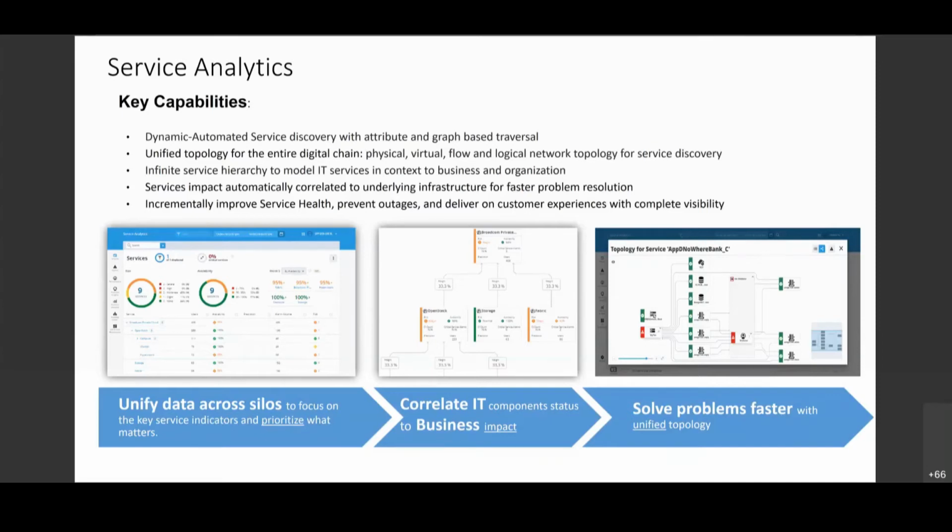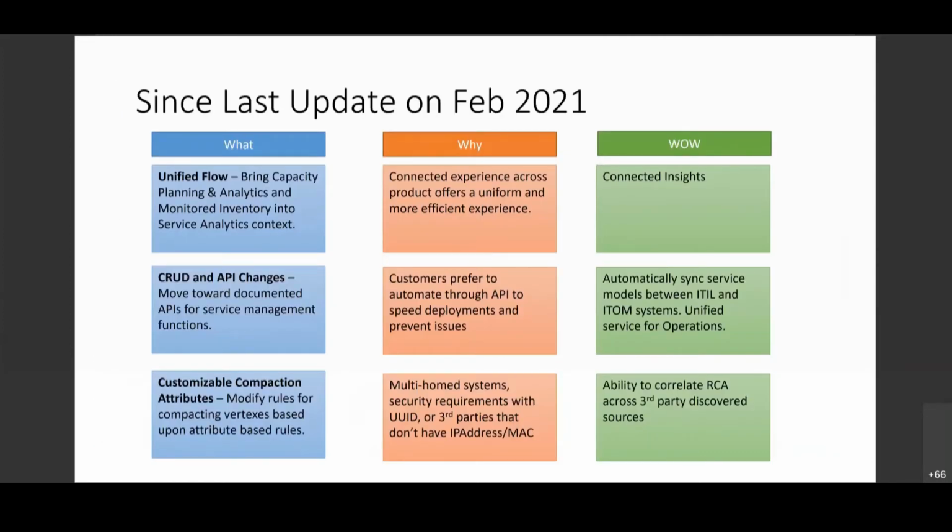What we deliver with this perspective is an ability for users to build their service models, align them to their IT process or business process, and then get insights out of it. In this latest set of updates, we have brought together a unified flow where we can bring additional insights into the service model. If I'm looking at a service, I have questions I want answered about how the capacity is for my service,